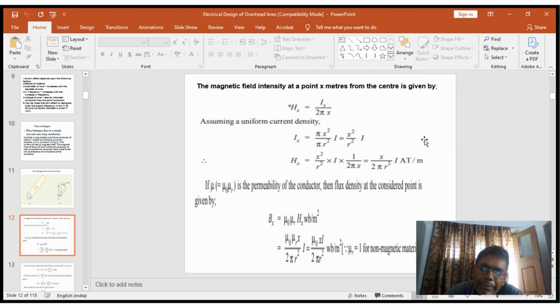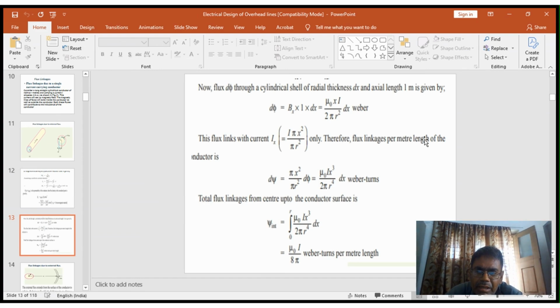That is nothing but B naught is equal to mu r into Hx, that is mu 0 mu r into Hx. mu r is equal to 1 for non-magnetic material, then Bx is equal to mu 0 into Hx. Substitute the Ix value here, then after getting Bx, the total flux through a cylindrical shell of radial thickness dx and axial length 1 meter is given by